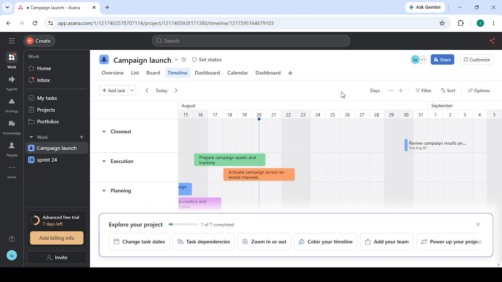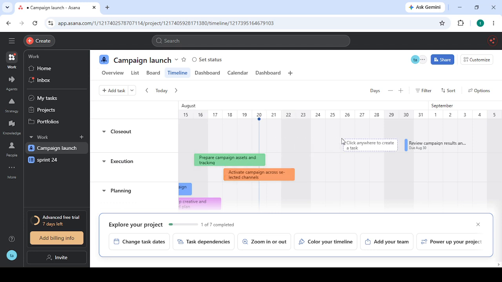After confirming that your tasks have the necessary dates, you can begin creating the dependencies. On the Gantt chart timeline, locate the tasks you want to connect. Then click and drag from one task to another to establish the dependency relationship. This creates an explicit predecessor and successor link, meaning one task is now formally connected to the next in the